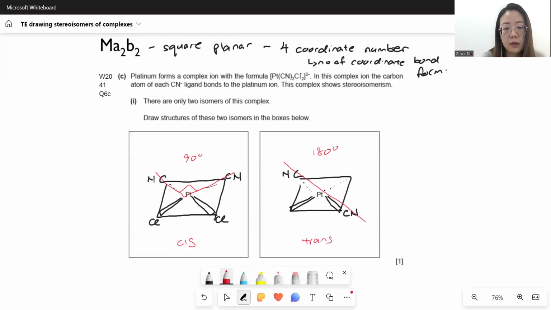Because if you fill in the 2 chlorine, they are also 180 degrees apart. The relationship between the 2 ligands. So this is a cis-trans isomer. Okay. Now, one more thing to add in your syllabus, you have to know that cis isomer, which